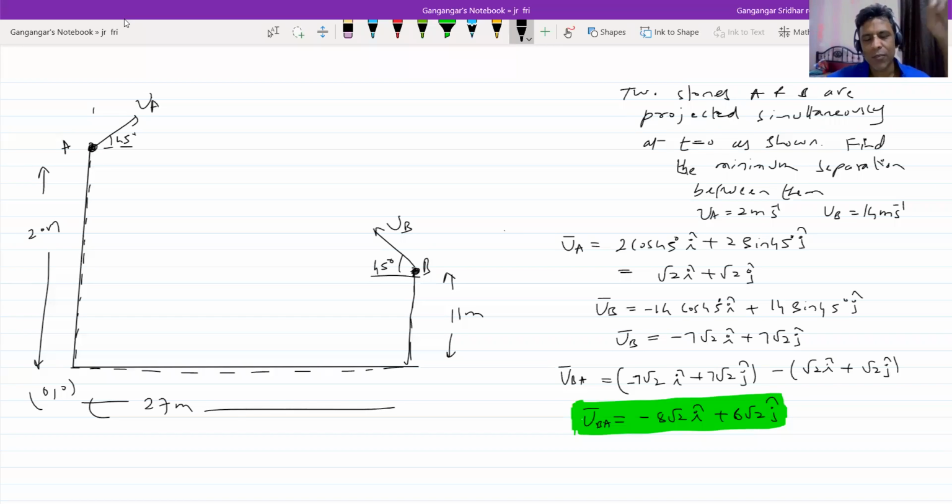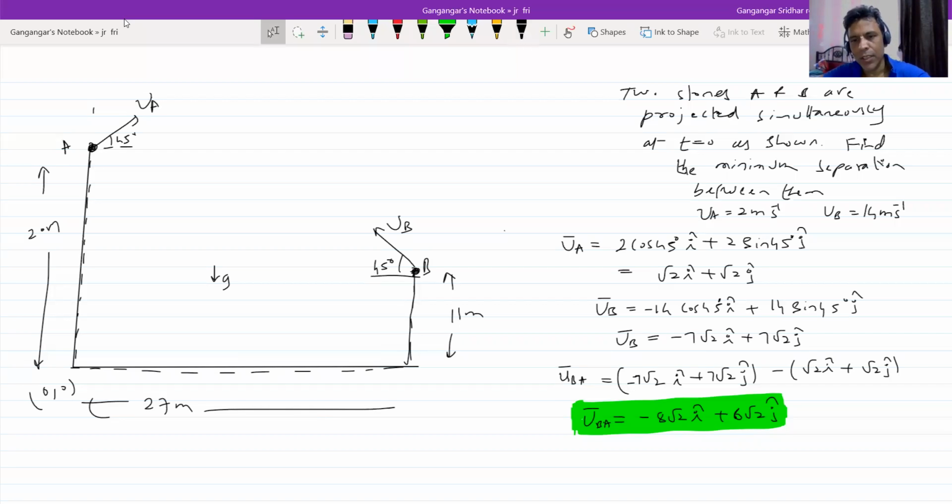Okay, fine. What to do now after this? But sir, so many things are there. Gravity is there. You didn't take gravity. You do one thing: calculate the velocity of B with respect to A at any time, and you'll end up with this equation only. At any instant of time, the velocity of B with respect to A will be this much only. But sir, you wrote initial velocity. Still, you work it out, and you see that at any instant of time, the velocity of B with respect to A will be this much only.